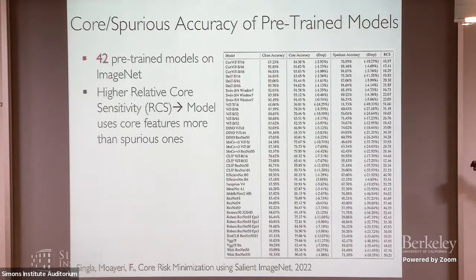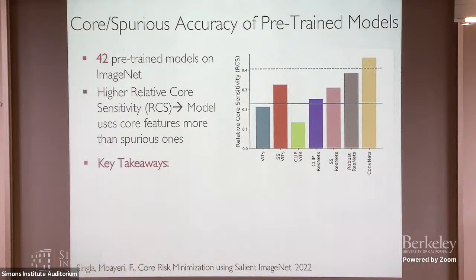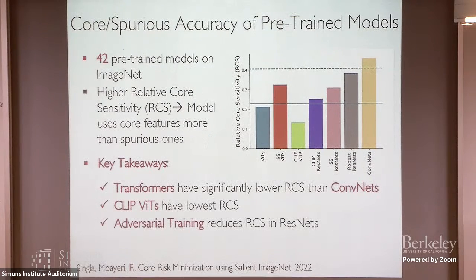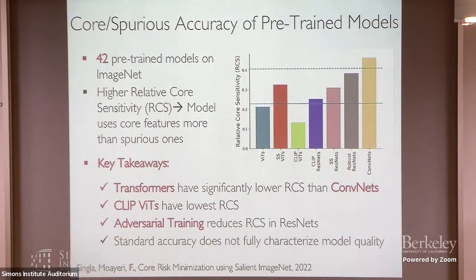So we evaluated 42 models. We have basically shown some interesting behaviors. For example, there were discussions on CLIP ViTs, which are very modern models. But if you look at their numbers, they mostly use the background information. So these are some of the analyses that can be very useful to go beyond